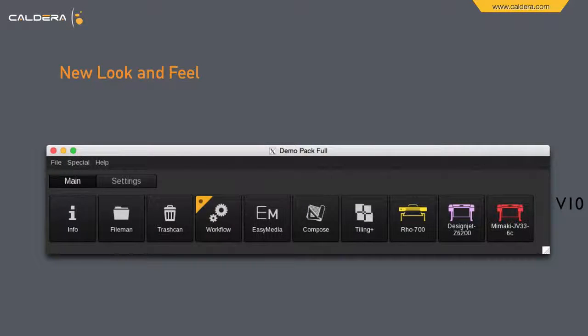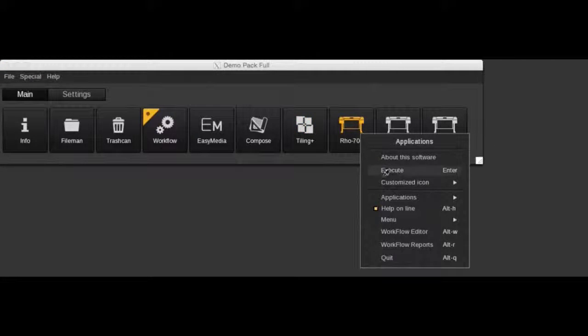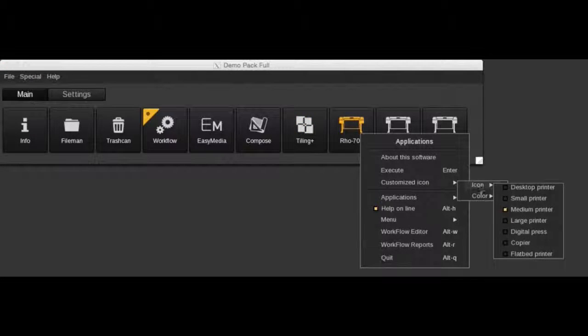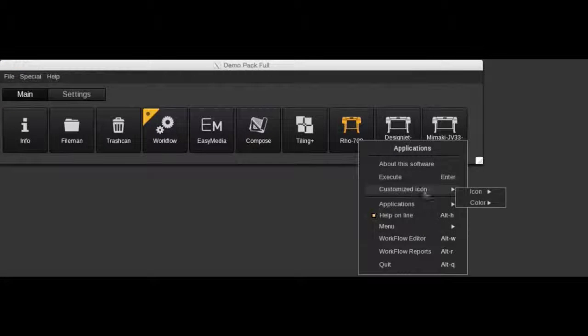We directly can see the more Adobe-like design, calm, reduced, straight icons. The only thing you may miss are the nice little personalized printer icons. But therefore we have something new in version 10. You can now customize the icons of the printer. So I can change that one to a small printer or change back to anyone which is pleasant, like digital